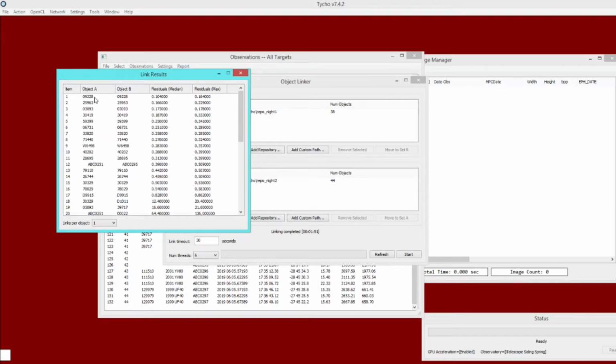So you have object A, object B, median residual, max residual, and what you really care about is the median residual. This tells you what the median residuals are of the combined observations. So if this is under 1 arcsecond, then there is a fairly good likelihood that they are observations of the same object. So as an example, here we have a set of observations that were given track identifier ABC0251 in